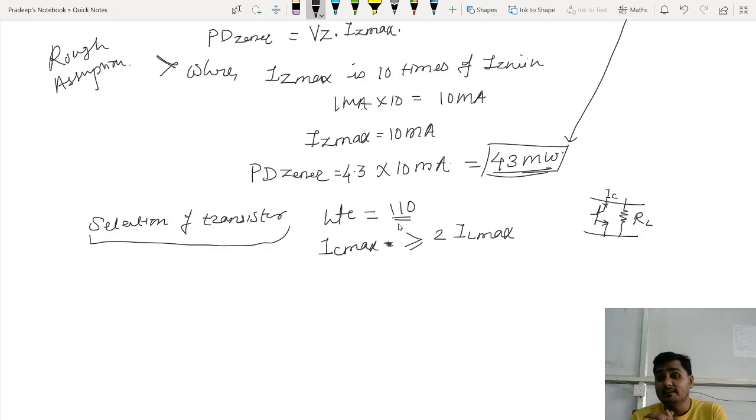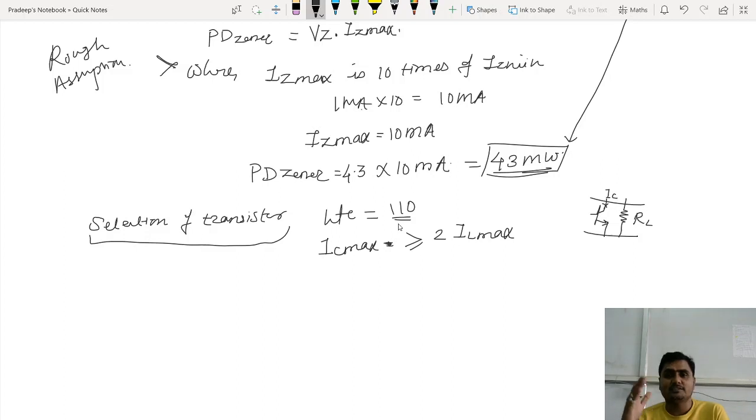So if the current is going to divide, we have to select the collector current. Our demand is that the collector current of the transistor should be large. Why? Because the transistor is the active element. In the Zener shunt regulator, the Zener was the active element. Whatever extra current was there in the circuit was absorbed by the Zener. Here, the transistor is the active element. It means if there is a surge current in your circuit, then that extra current will be absorbed by the transistor, not by the Zener now.